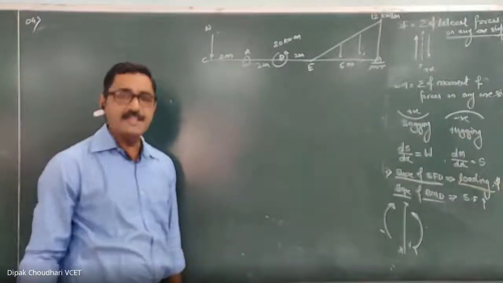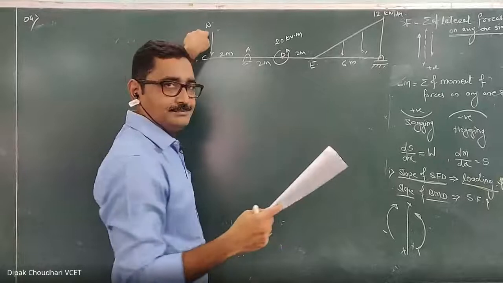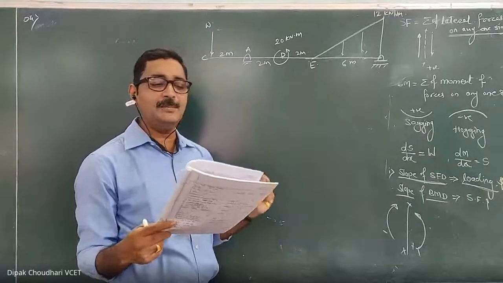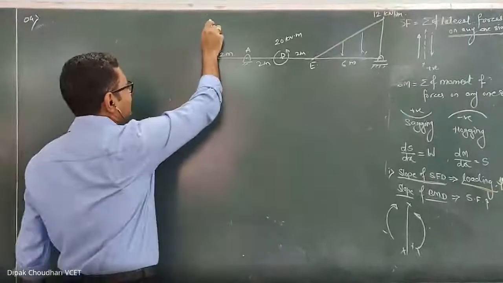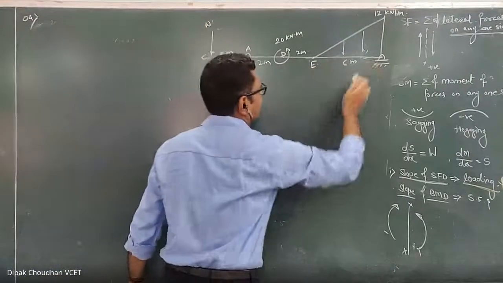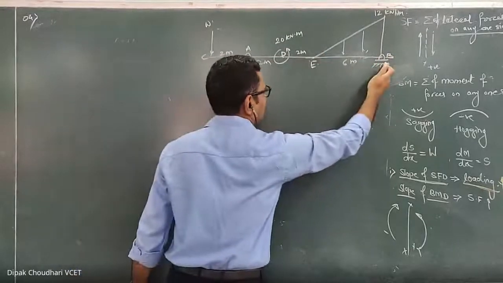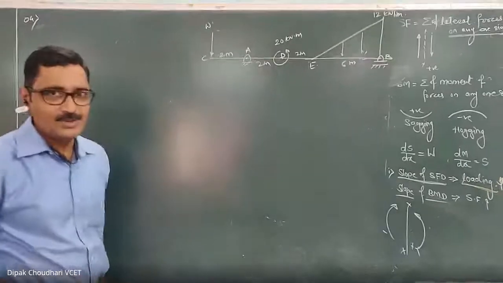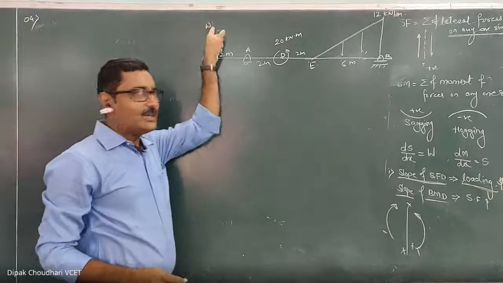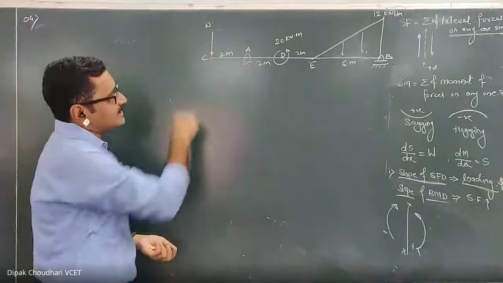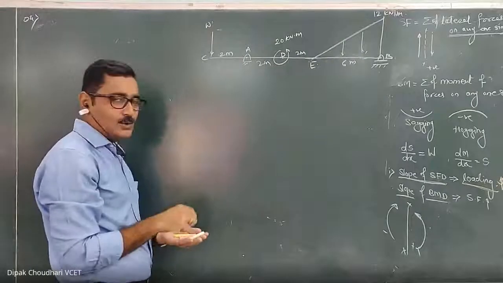In the question, it is given to find the load W so that the reactions at A and B are the same. If this W had been given, you could calculate the reactions at points A and B. But we cannot calculate the reactions at A, B, and W also. So first we have to calculate this load W such that the reactions at A and B are equal. By using that condition, you have to first calculate the load W.